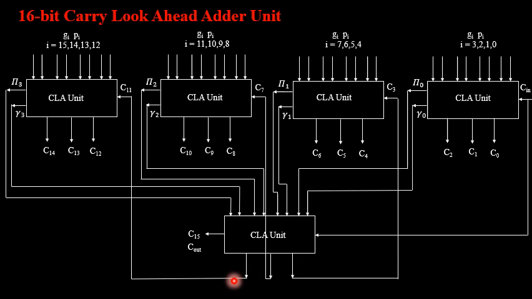All those C3, C7, C11 connections you have to apply to the corresponding C3, C7 and C11, which behave like the carry inputs for each individual carry look ahead adder unit. Along with that, the main carry input signal you apply for this particular carry look ahead adder block. So depending upon the number of bits asked, you can select your number of blocks, and in addition to the blocks you select, one more block has to be reserved in order to apply all the main carry outputs generated from each individual block.